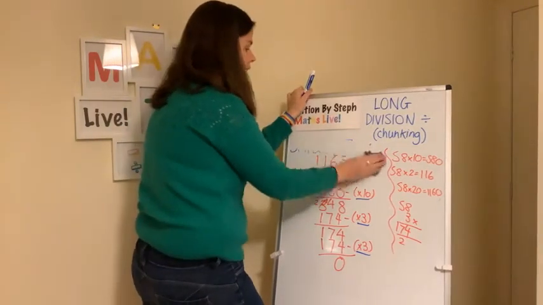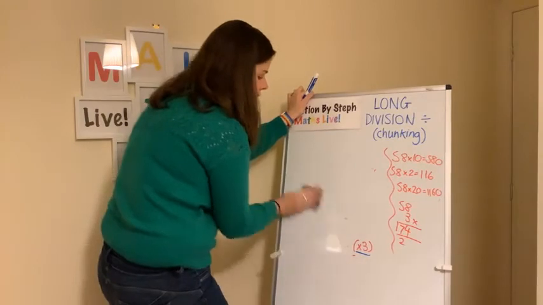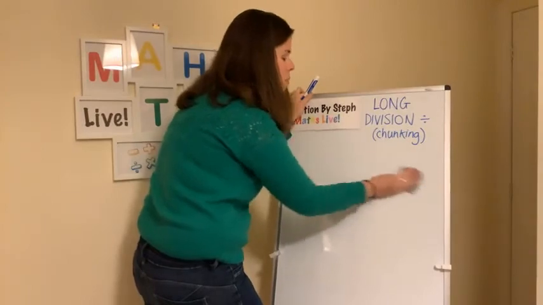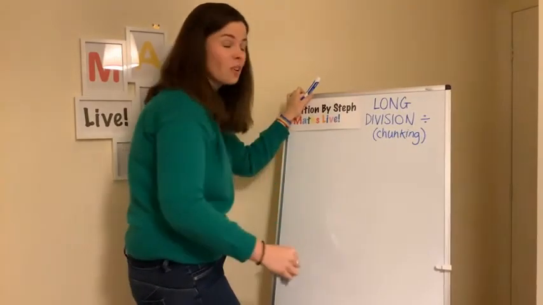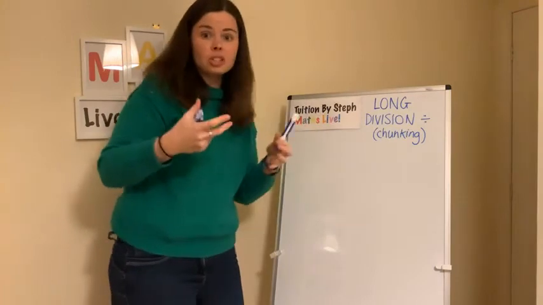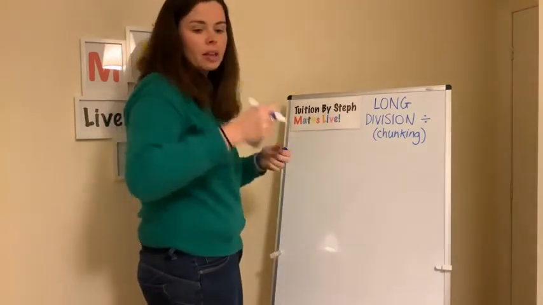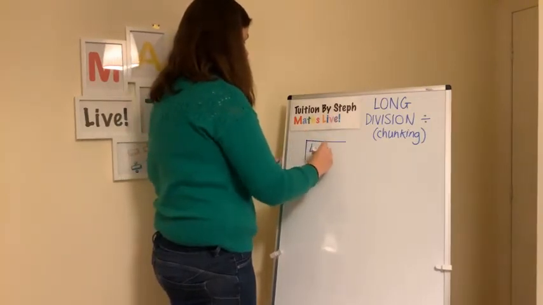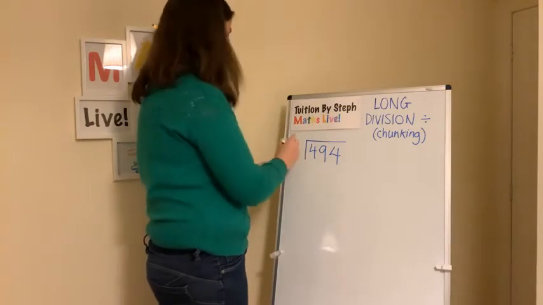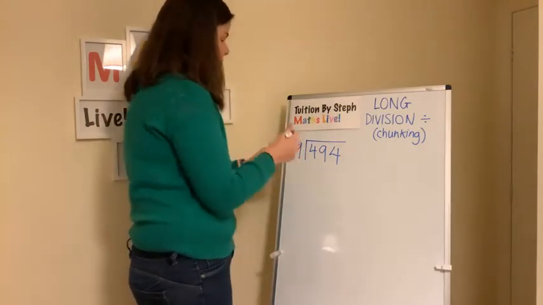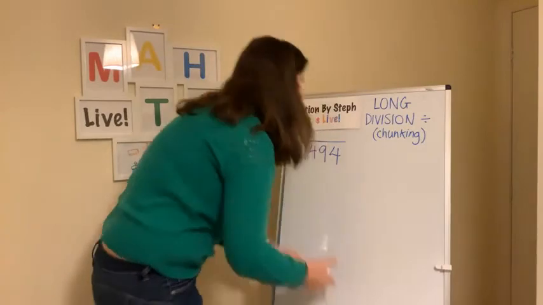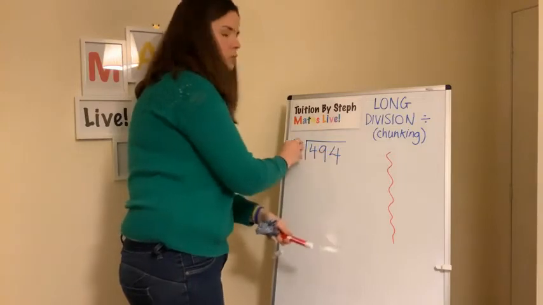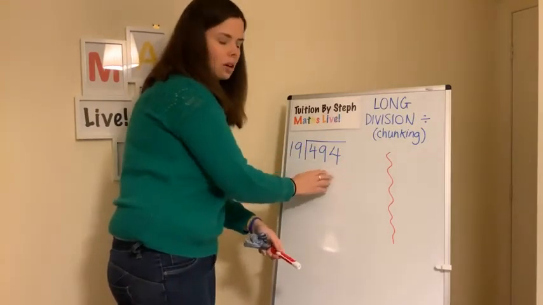It's your turn now. Like I say, it is hard, so don't panic if you think, oh, I don't know how to do this. You can maybe work with an adult. Just try your best, even if you're just thinking of the chunks that you're going to form. That's great. So your first one is 494 divided by 19. So try to keep this number quite small. So first of all, have a think of groups of 19 that you could use to start this method.